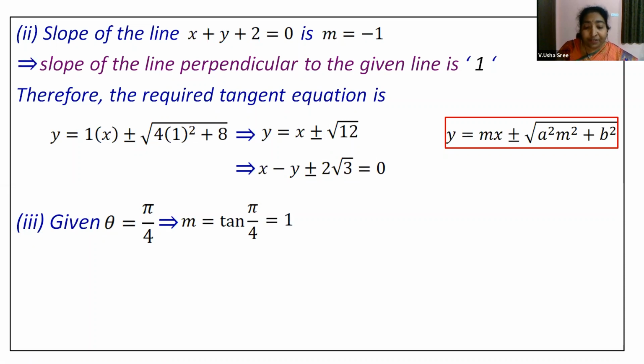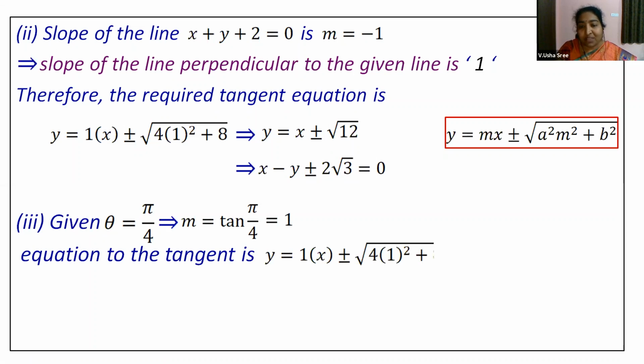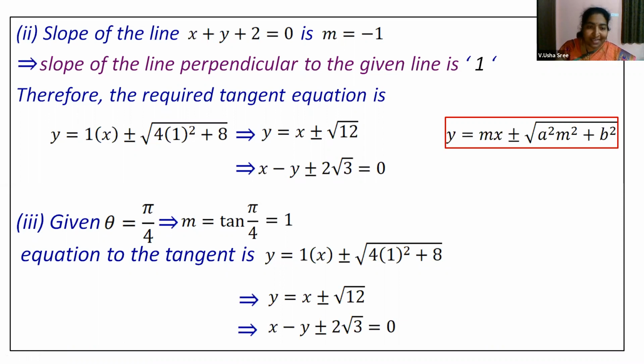Okay, then equation of the tangent in this case will be given by y is equal to mx, that is 1 into x, then plus or minus root of a square is 4 and b square is 8 in this problem. So 4 into 1 square plus 8, again this is 4 plus 8, root 12, isn't it? So you have it as y is equal to x plus or minus root 12, that is x minus y plus or minus 2 root 3 equal to 0. In both these cases, the equation of tangents is same. Right? Now,